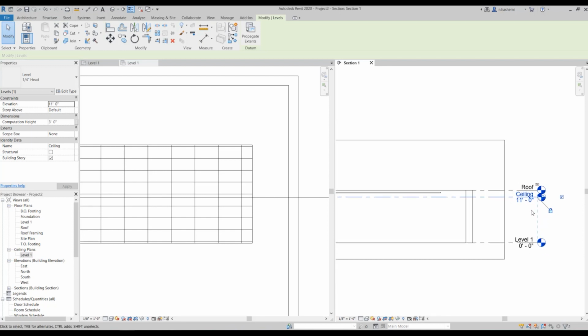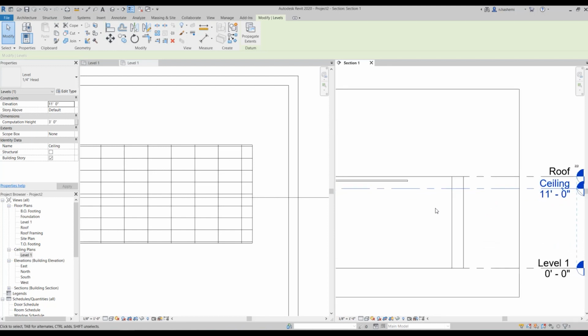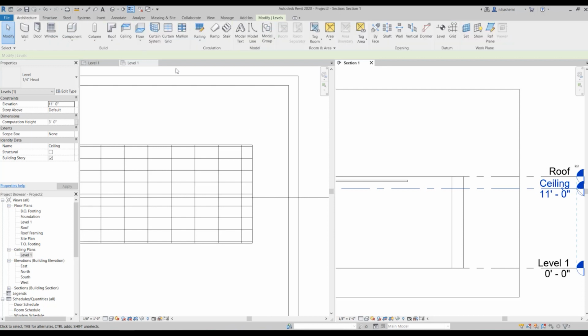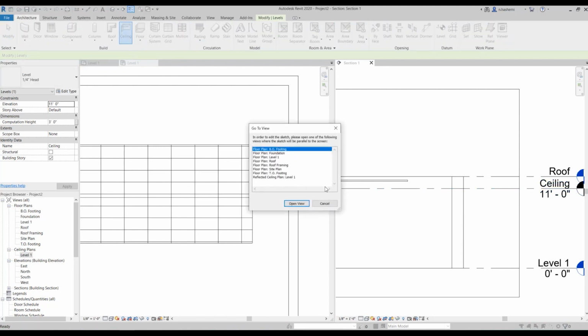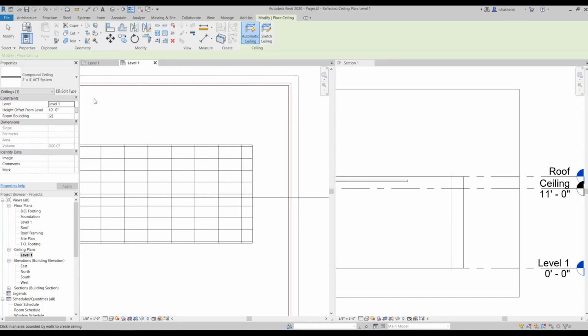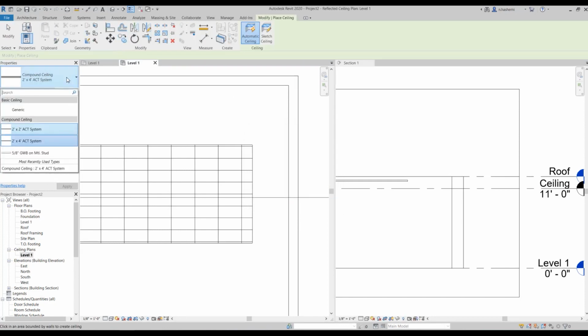First of all, I need to add this soffit ceiling to this drawer plan. It's actually like a regular ceiling, but this time I'm going to use another ceiling type. This time I'm going to use this one, gypsum wall board on metal stud.